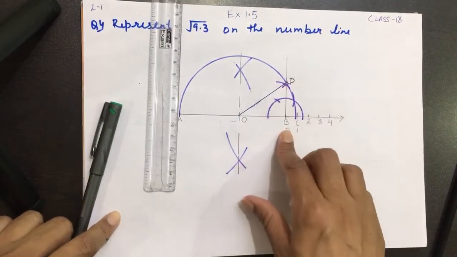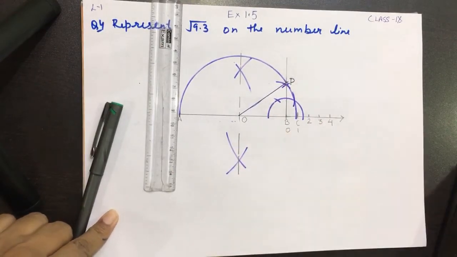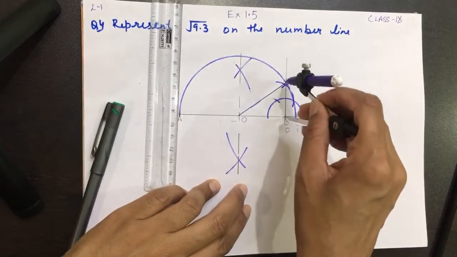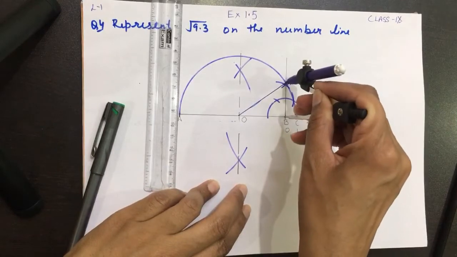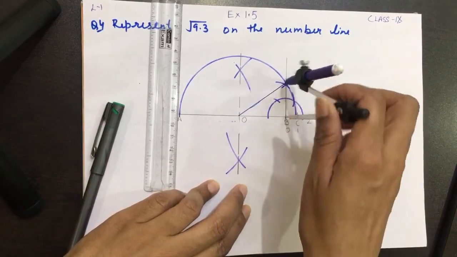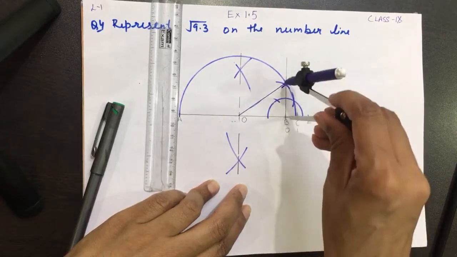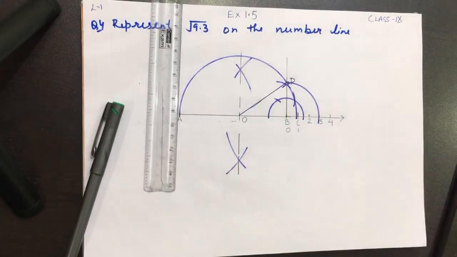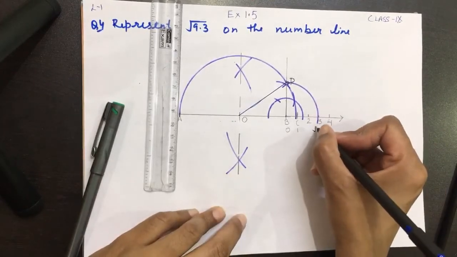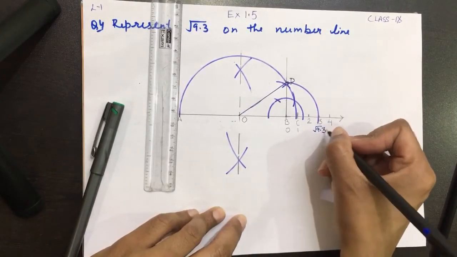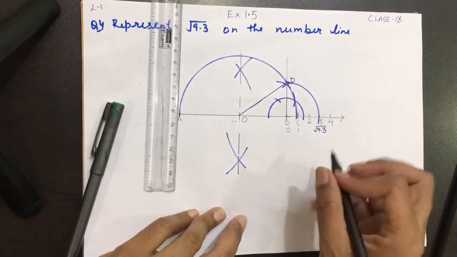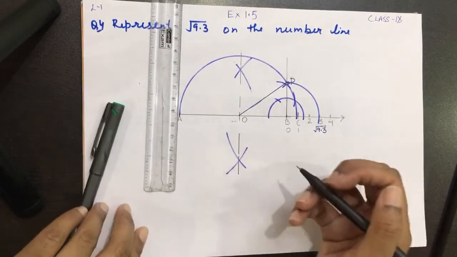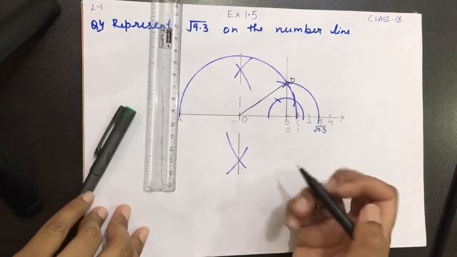And then here PB is representing root 9.3. From here, you have to take PB as a distance, and wherever it is intersecting on the number line, that becomes your root 9.3. It would be root 9.3. And we all know 9.3 is approximately 3 point something, so it is coming closer to 3. Now, how are we getting this?